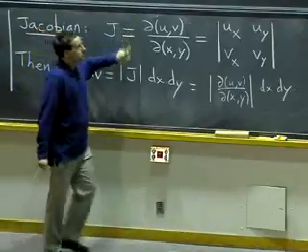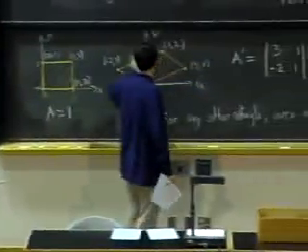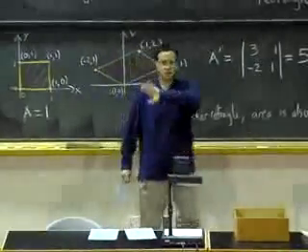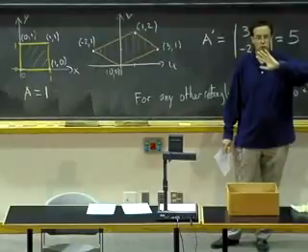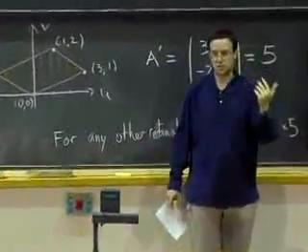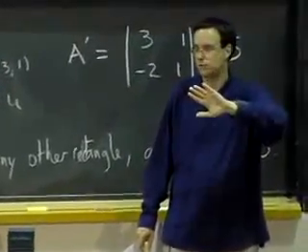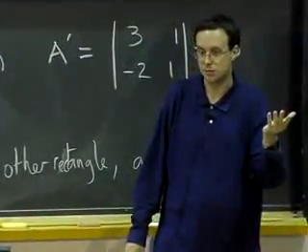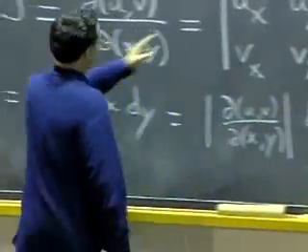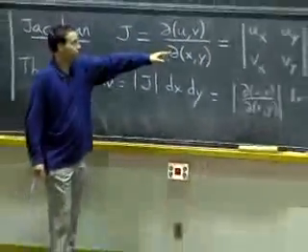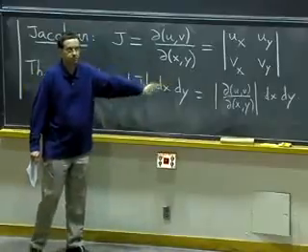Okay? So what's going on here? When we are saying the determinant of a transformation tells us how the area is multiplied, there's a small catch. Remember, determinants are equal to areas up to sign. Sometimes the determinant is negative because of reversing the orientation of things. But the area is still the same. Area is always positive. So the area elements are actually related by the absolute value of this guy. Okay, so if you find minus 10 as your answer, then du dv is still 10 times dx dy.